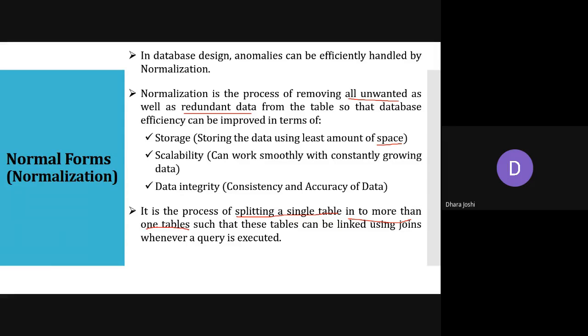Like if I'm having one table of students, I can divide this student table into multiple new tables. And whenever I'm having any query, now we know the concept of join. So we can link two tables together and we get our desired information.